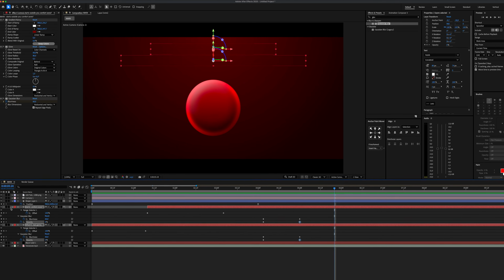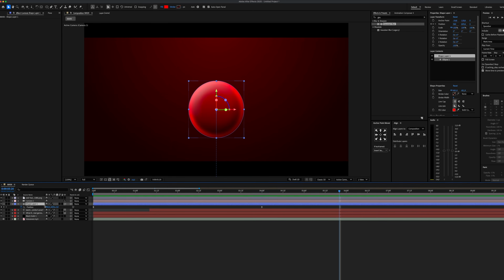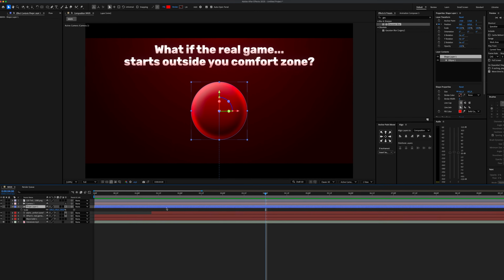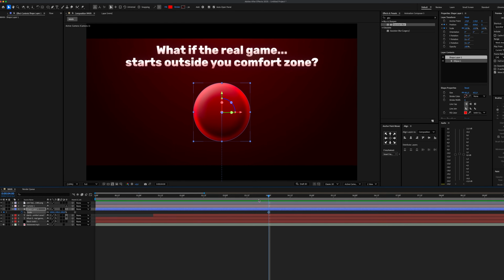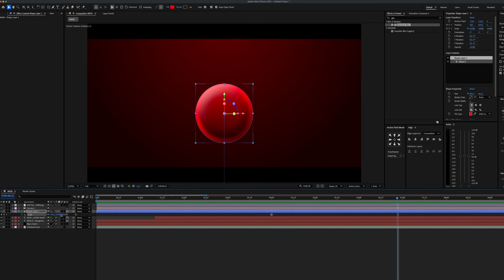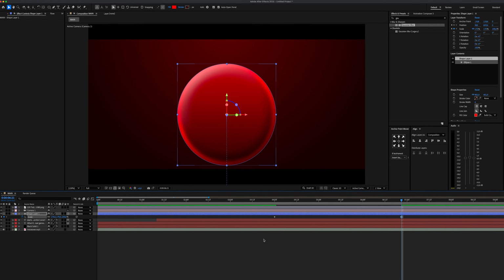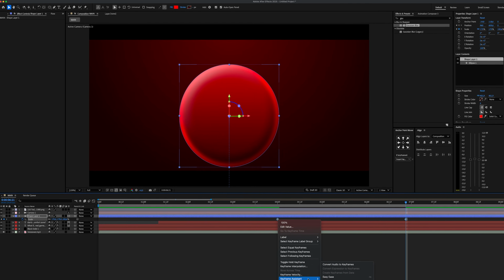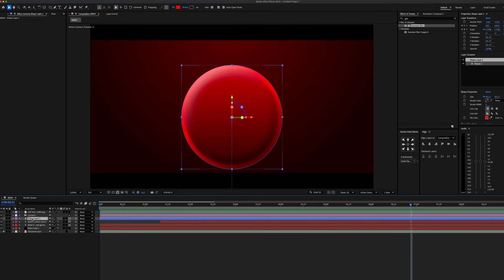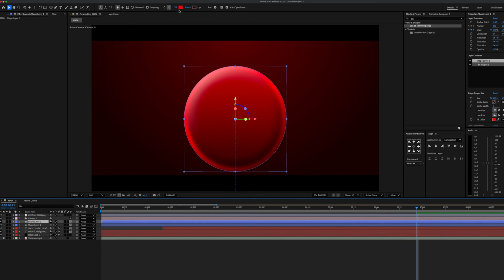Now, from now on, things might get a bit more complex, so make sure to pay close attention. First, move the playhead to second 4 and add a scale keyframe to the shape layer. Then, about 3 seconds later, set the scale value to 170. After selecting the keyframes and converting them to easy ease, duplicate the shape layer on the timeline, turn off the fill,